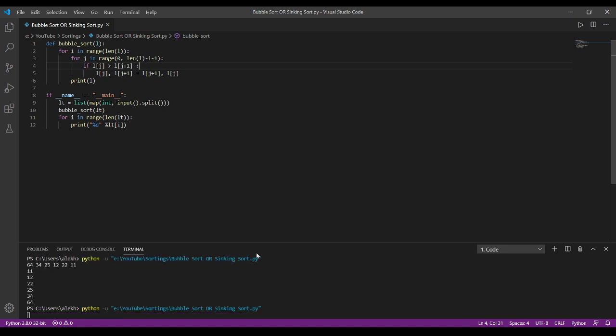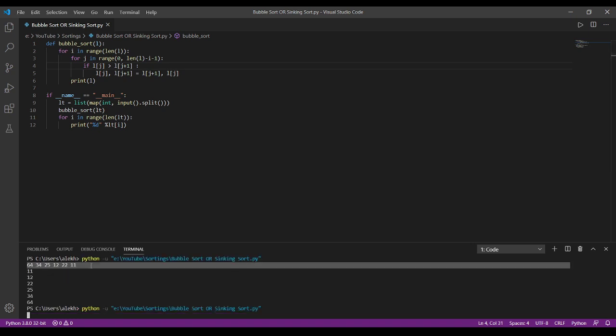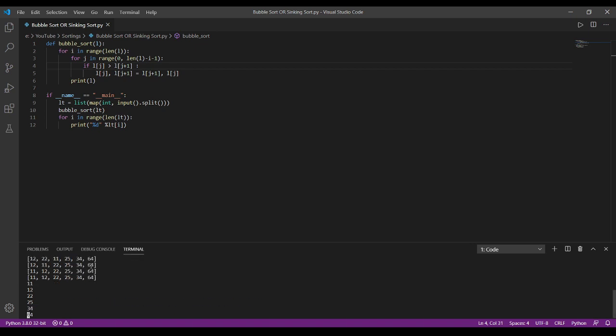Let's run our code. See, here we got the sequence of elements. First, 64 and 34 are compared. They are not in ascending order, so they are swapped, 34 and 64.